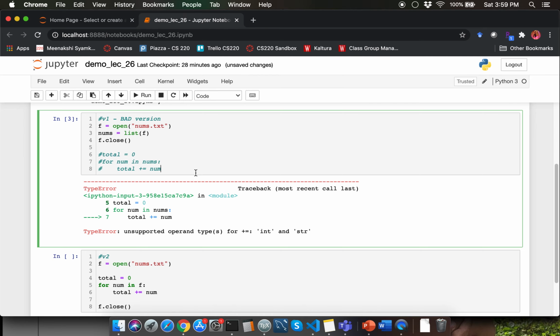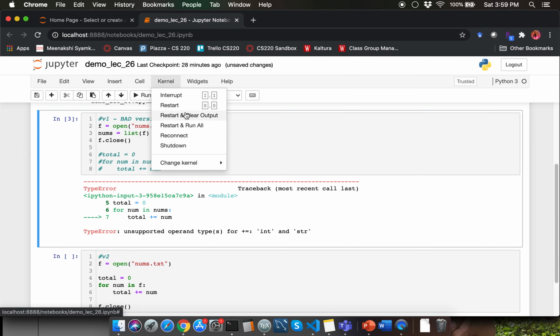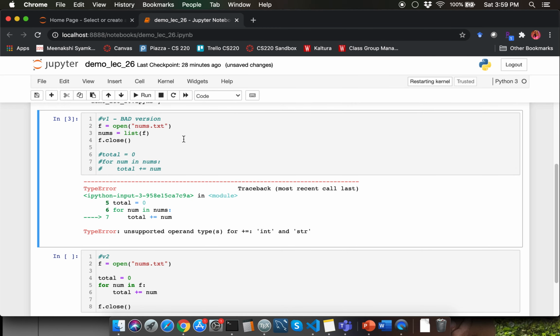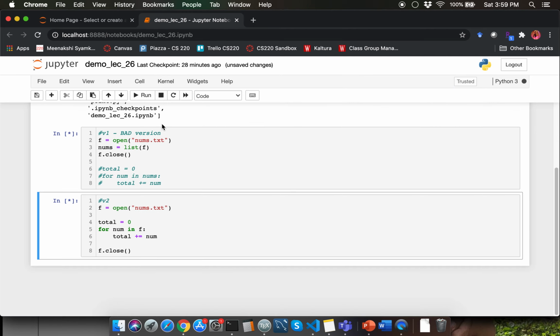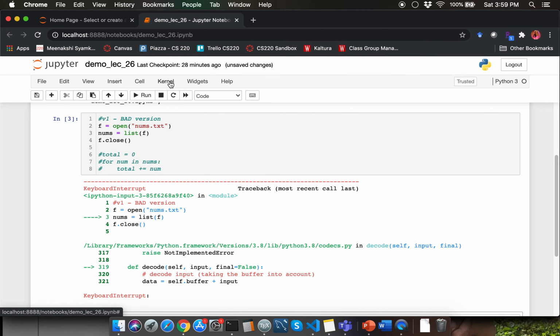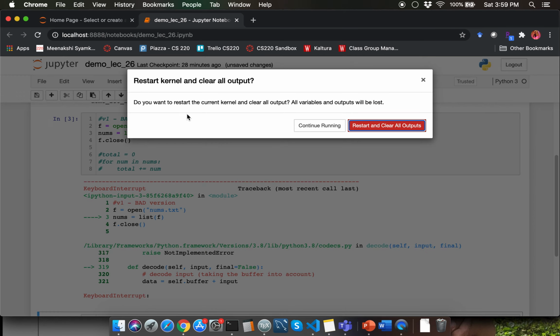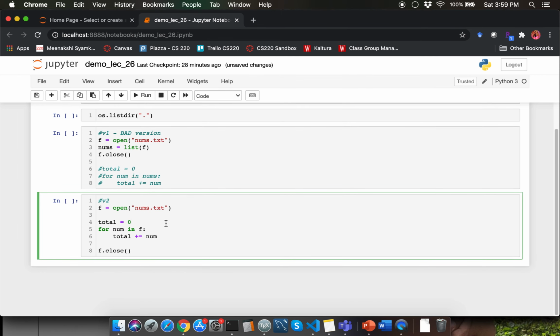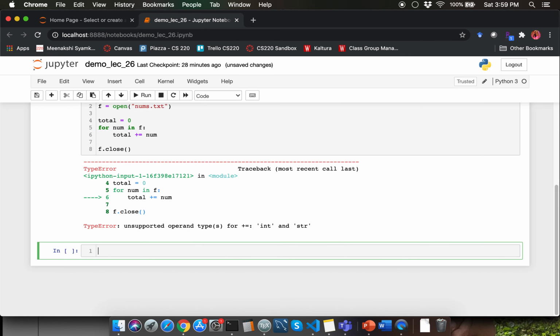All right, so let me do kernel restart and run all. Actually, give me just a second. I'm going to interrupt the kernel one more time, and I am going to do a kernel restart and clear all output instead of saying run all. Let's just run this new snippet of code here.